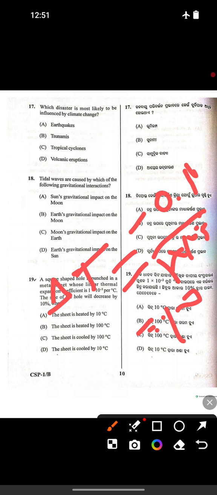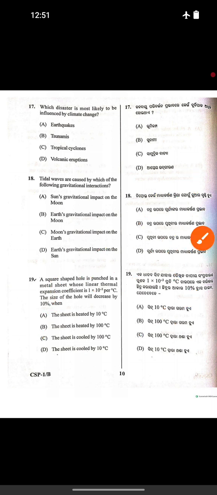Option C is the right answer. 19, option C is the right answer. Question number